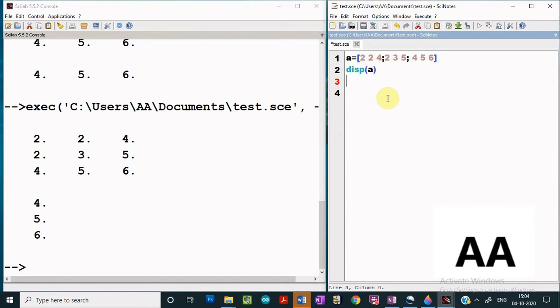Now if I am interested in finding out the size of the matrix A, then for that I have to use the function size of A, and I have to save this size.